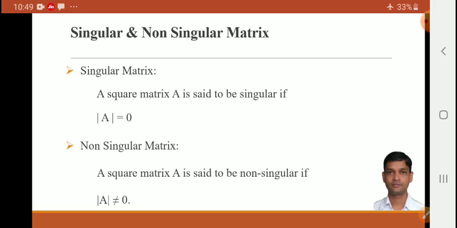So, to determine whether a matrix is singular or non-singular, you have to calculate its determinant. If the determinant is 0, then that matrix is called a singular matrix. If the determinant is not equal to 0, then that matrix is called a non-singular matrix. Okay. Next,